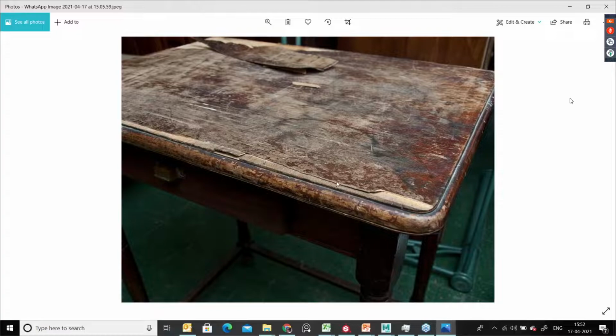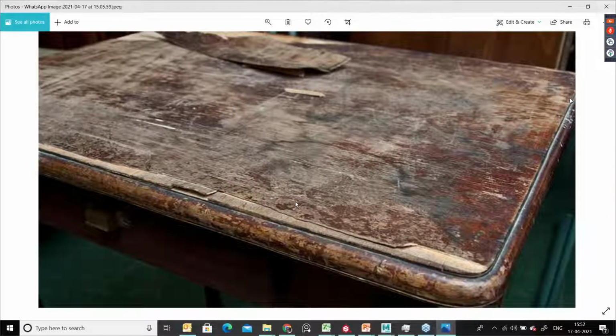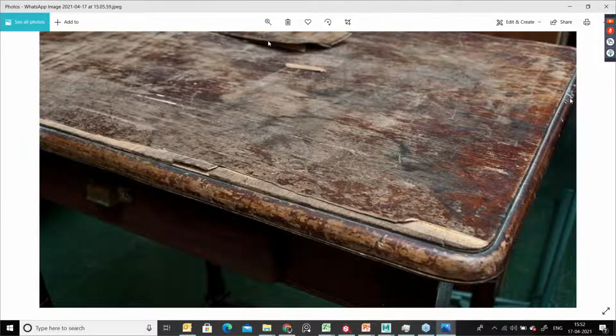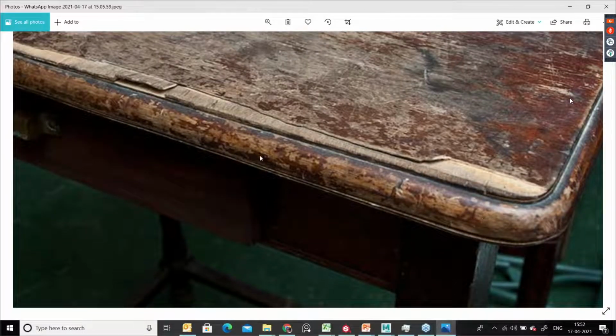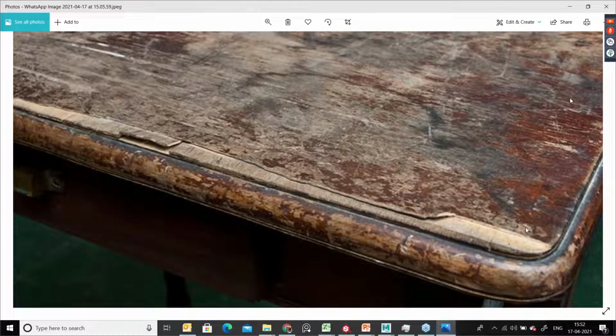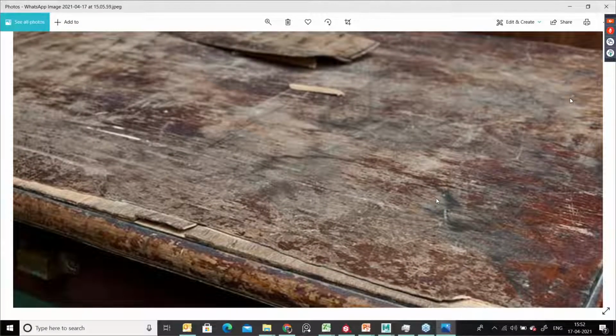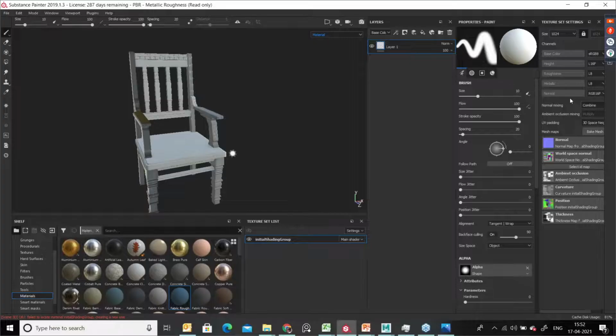Then next one, see here. This is also one nice reference for us. See the table and see the corner and see this area. Okay, so much detailed information is there. All these things we have to create in our model. These are the references we refer to; we observe some of the important things from the photograph, and we are trying to recreate the same effect in our furniture. So without delay, we will move to Substance.